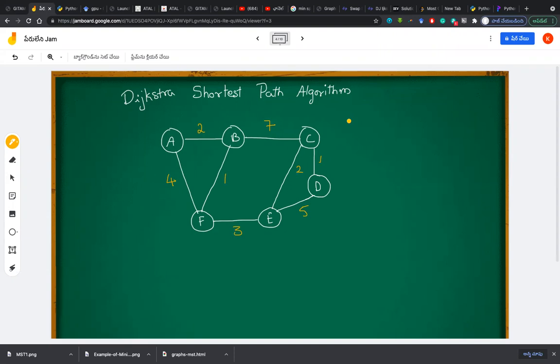So what is the shortest path algorithm? This is the main application in GPS. It takes every destination as a point. Have you seen that in real time also? Earlier days, I don't know whether you saw or not, people were asking for addresses.